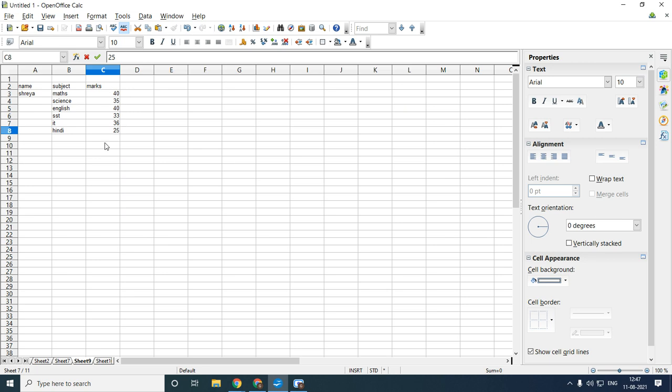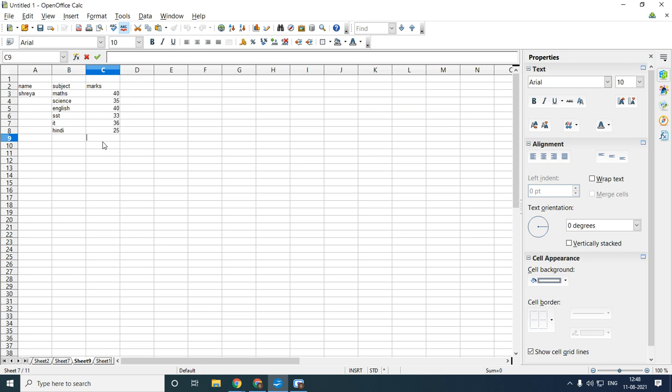So what I want to do is add all these marks. For that, I want to write the formula. As you know how to find the sum of all this, what will be the formula if I want to write it instead of using the AutoSum function? If I want to write it with the help of a formula to add all this, what do I have to write? What is the function?